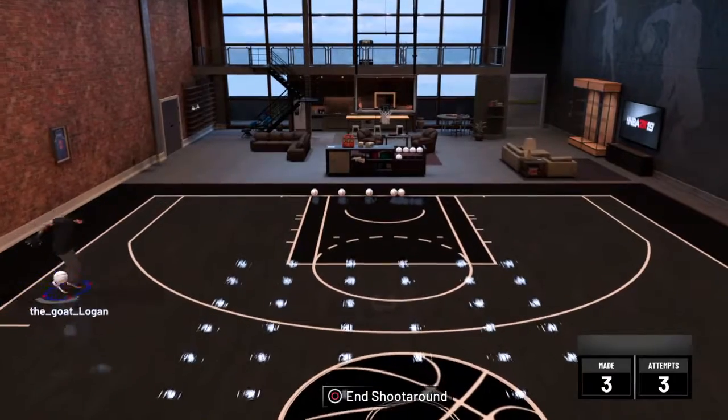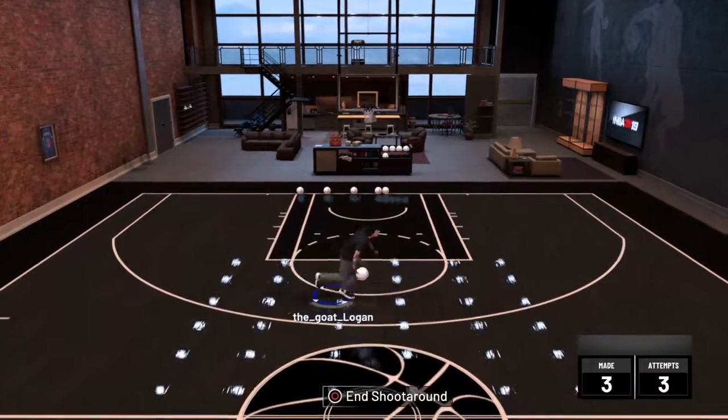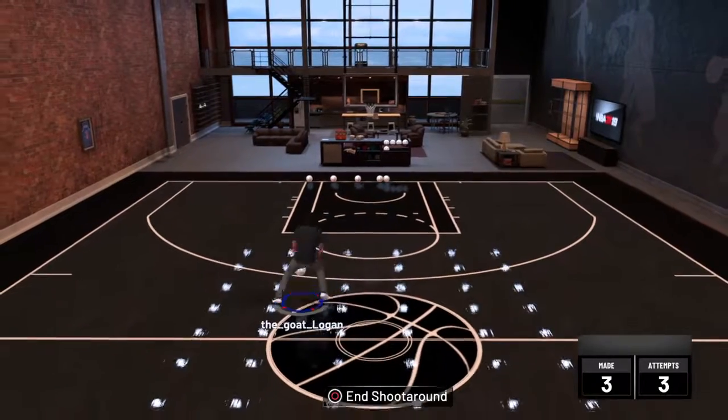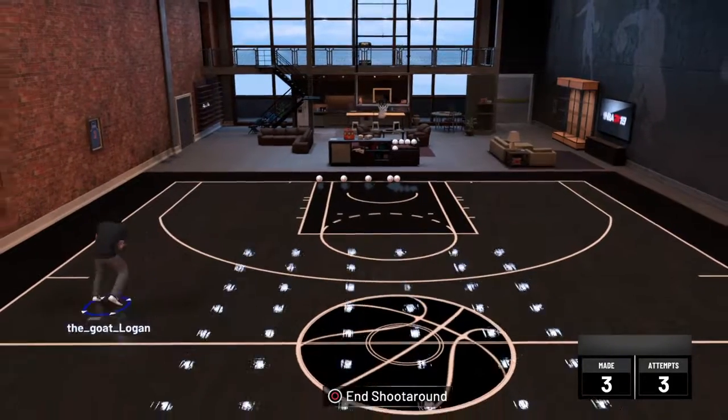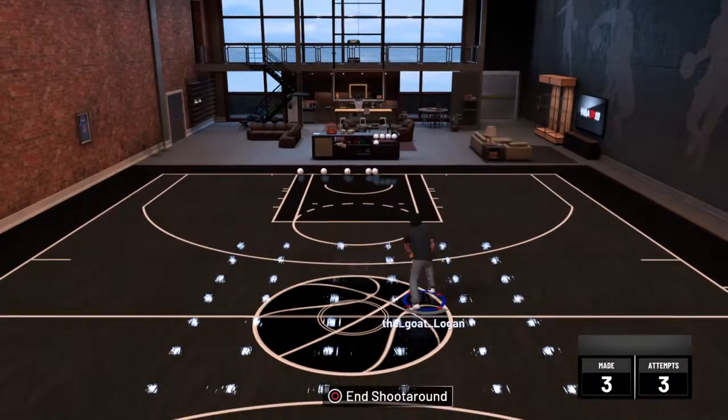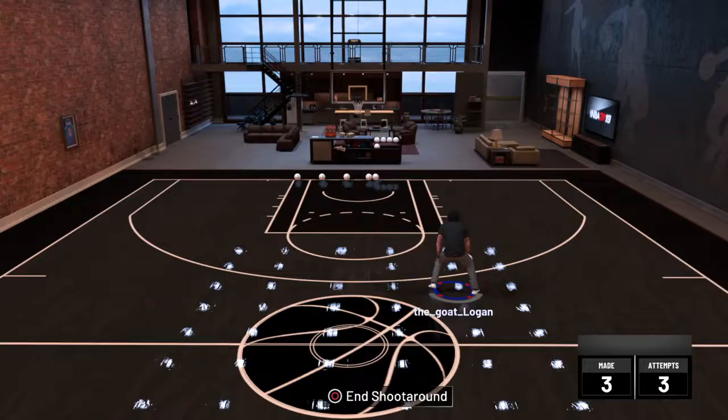Then you'll be able to do, like this is a combo I learned, right? Do your rhythm dribble. Let me do it. Do your rhythm dribble, hezzy, rhythm dribble again, hezzy, step back, rhythm dribble, hezzy. Oh, no, I didn't show you that. Okay, so you do this, do